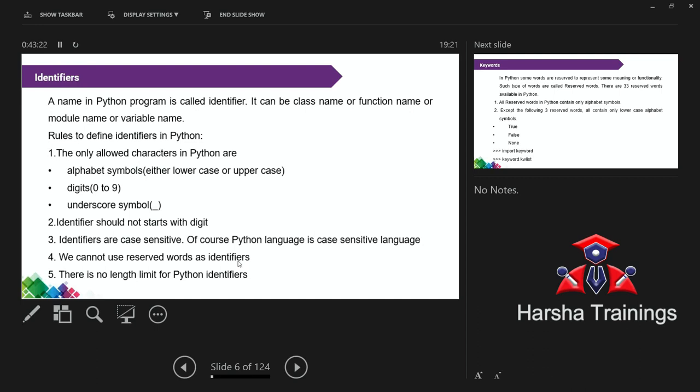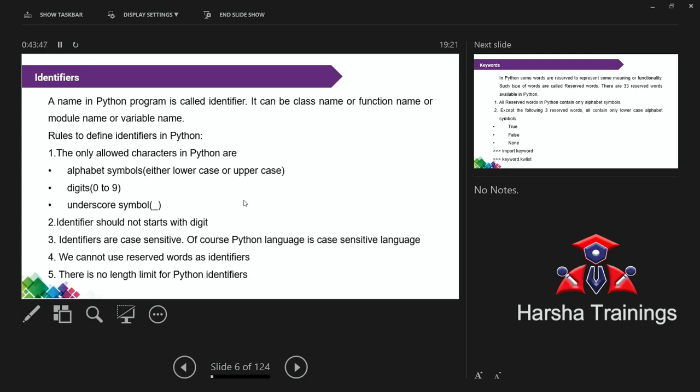So if is used only for checking the condition, while is used for repetition of a loop, for is used for repetition of a loop, print is used for printing the value, right? So all those are reserved words. They are used only for that fixed meaning. It is not possible to modify the meaning. So the reserved words are not used as a variable name.